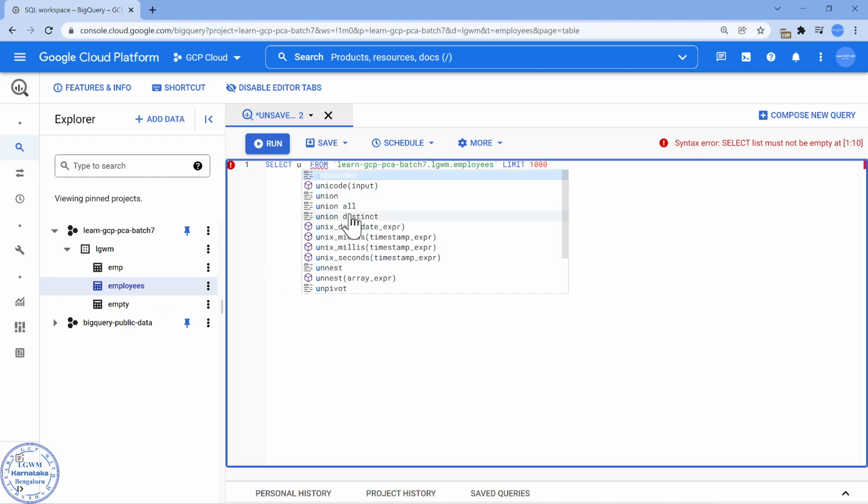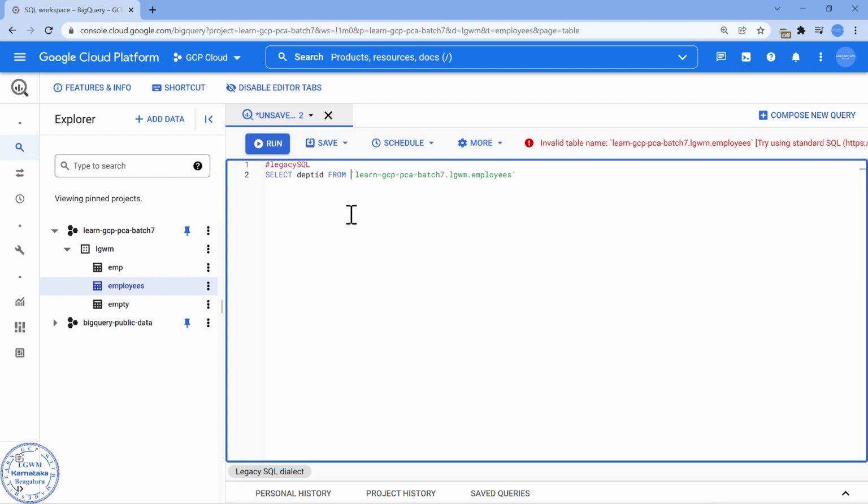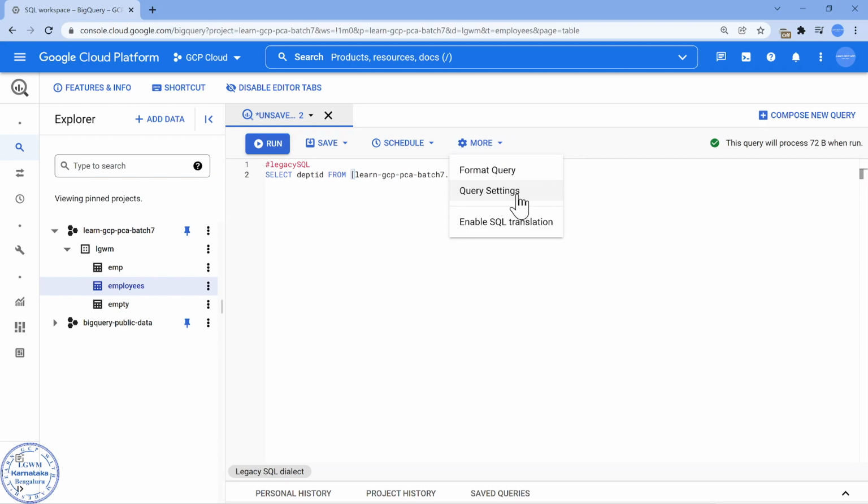So joining a department ID. This is the query which I'm going to run. Now this is in a standard dialect mode. If I want to run it in legacy, I have some requirement to run it in legacy mode, I put this. Now if I do this, it's going to be a legacy mode. Perfect, right? Now, if I click on the query setting,